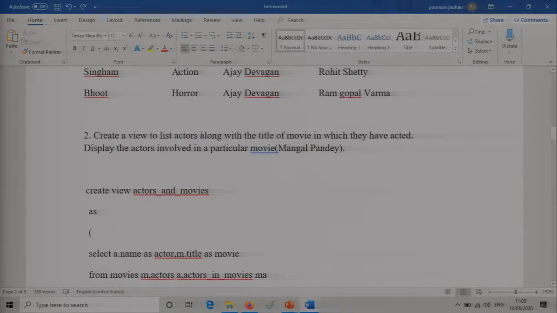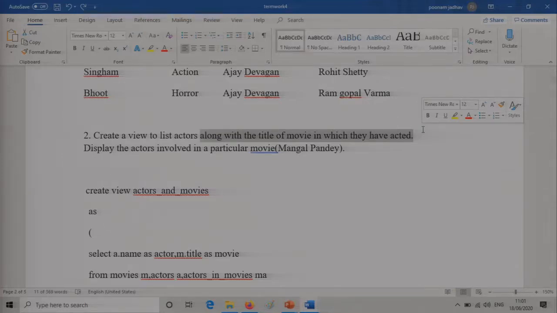Let me take you back, then you will maybe be able to understand. Look at this. This is another view that we had created, actors in movies.